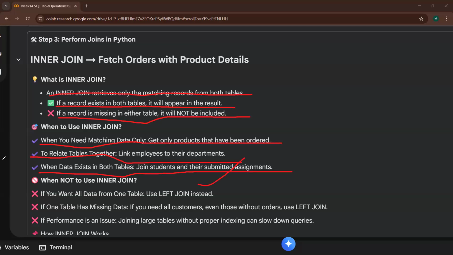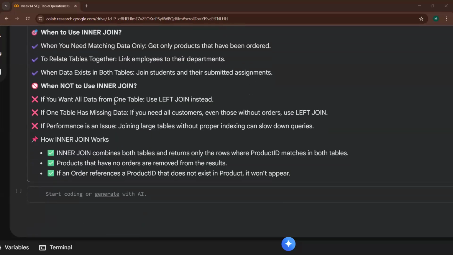And when not to use the inner join: if you want all data from one table, use left join instead. If one table has missing data, if you need all customers, even those without orders, use left join. If performance is an issue, joining larger tables without proper indexing can slow down the queries.